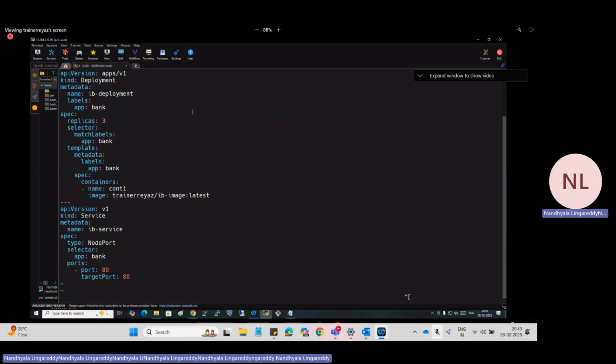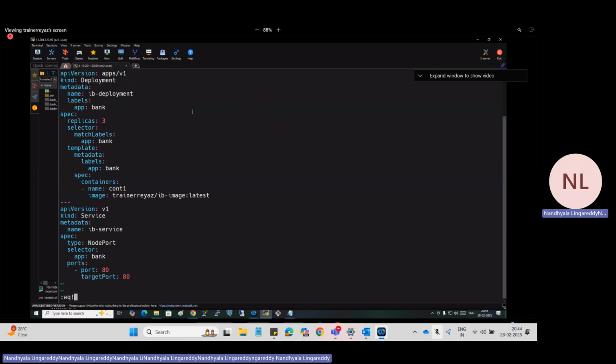Okay, let's save. One thing here: Node port, I've changed the type, but are you giving the port number? We need to give the port number or not? Target port is different. That is the container port. So we need to expose our application to the outside world or not. So for that reason, what I need to put here? You need to put the port number also at the end.